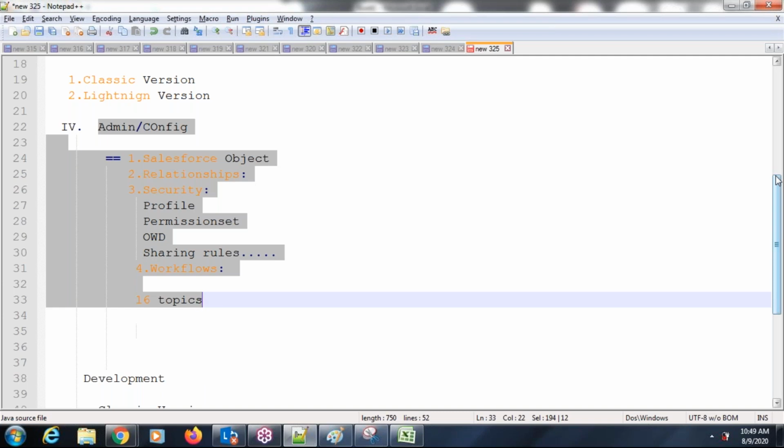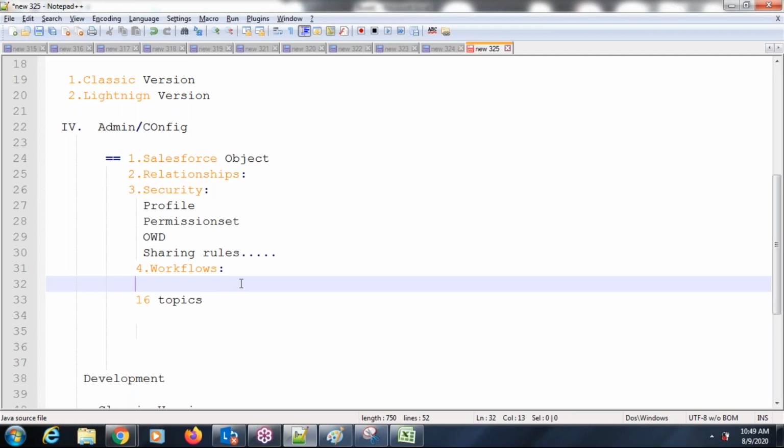Could you come again, Ashir? Admin. In admin, we don't have jobs, Ashir. Nine years back we had jobs for admin, but in India we don't have jobs for admin. We have jobs only for development. But once you enter into a project, there you will get projects in admin. From an interview point of view, they will discuss admin plus development. Once you enter into the project, there are some admin work projects, so you have to move into that project. That depends on our time.